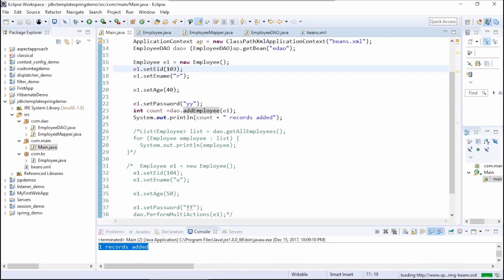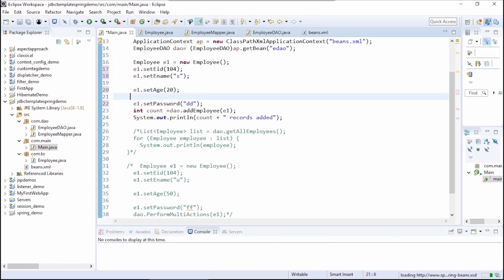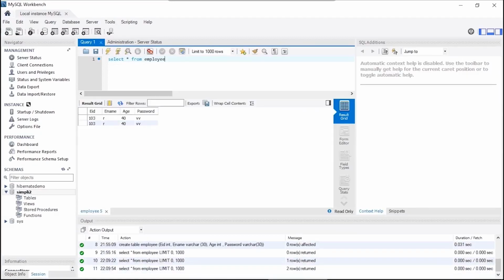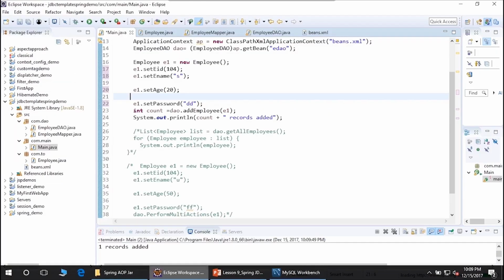So let's make it 104, and we'll change this to S, change this to TD, change the age as well to 20. Let's execute this once more, and we will check, and the second record has actually now got added, right?